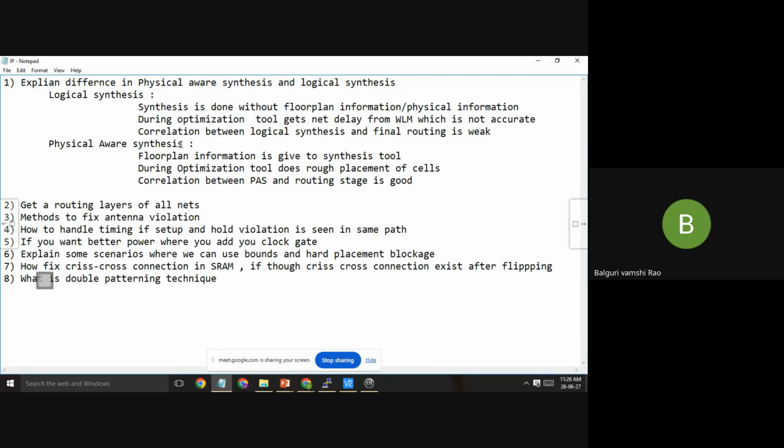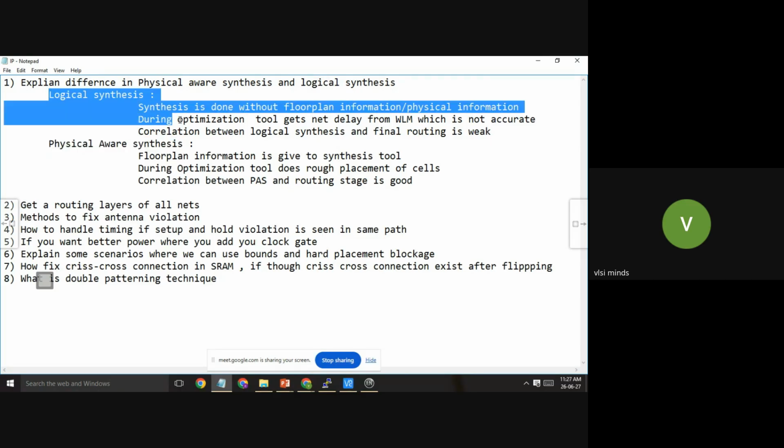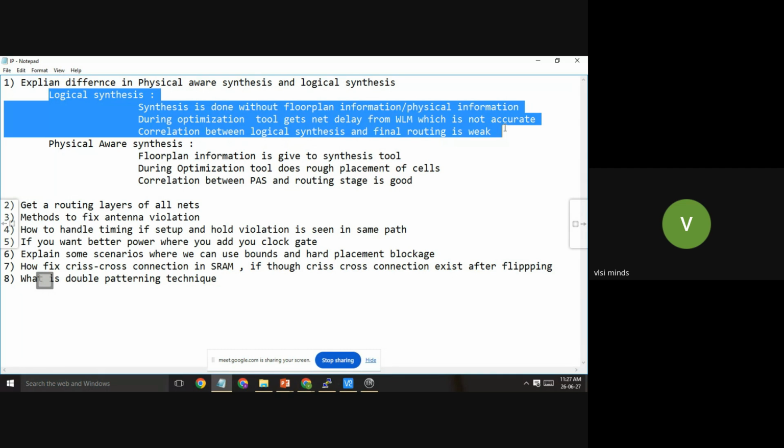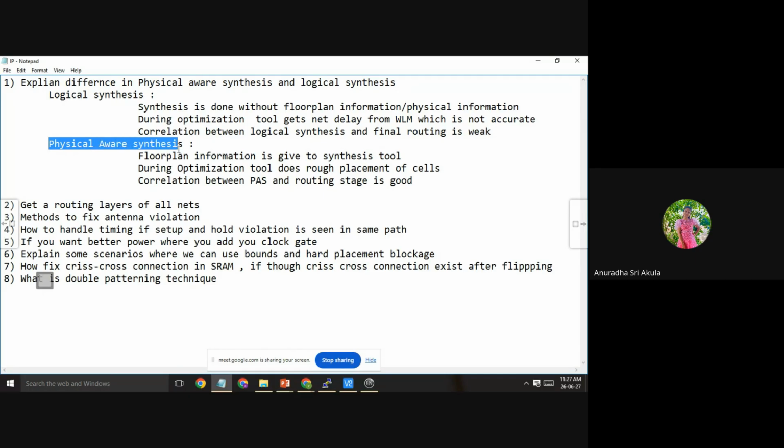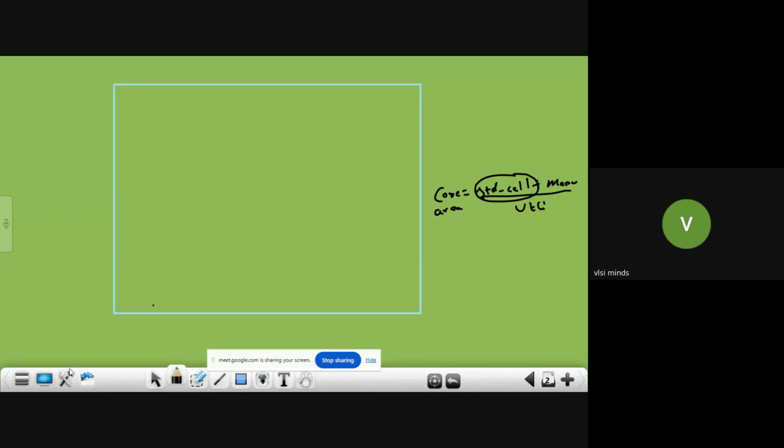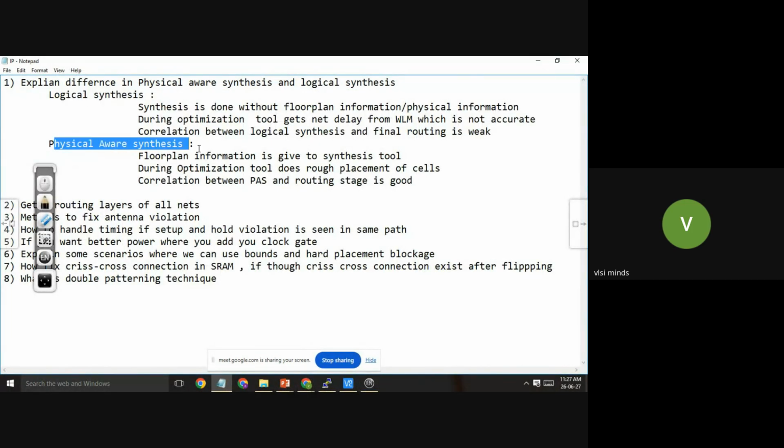Sir, she is asking in logical synthesis. So, anyway, we are knowing the information, right? Okay, I understood your question. So, what is necessary for physical aware synthesis? That is what you're asking, right? After logical synthesis, directly we can do floor planning, right? Can't we go directly to floor plan without physical? Yeah, we can. See, logic synthesis, after that you will do floor planning. Again, after floor planning, you will do physical aware synthesis, then you will go for placement.